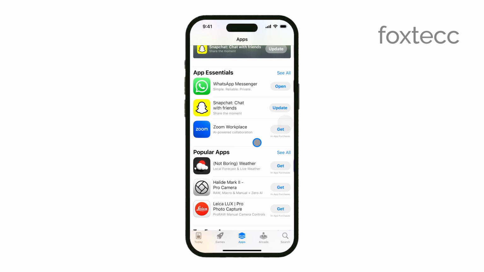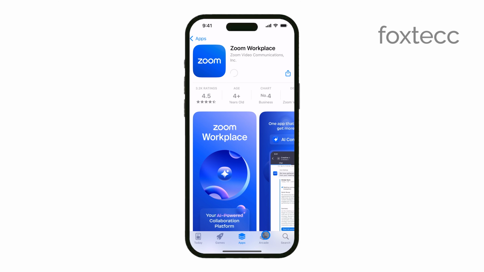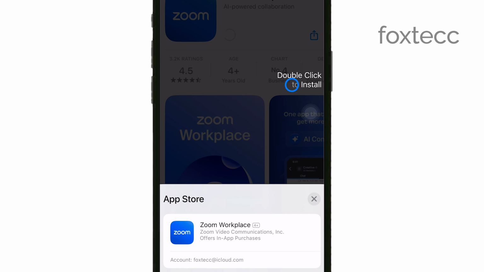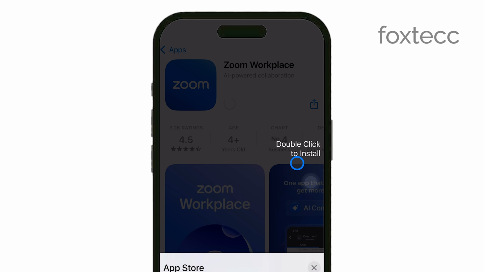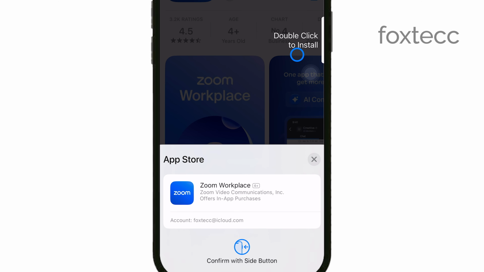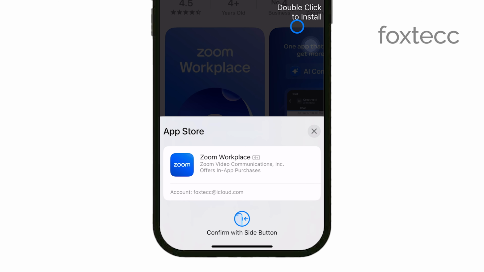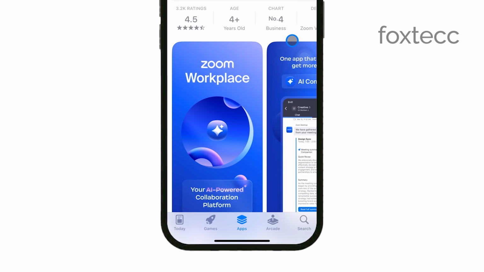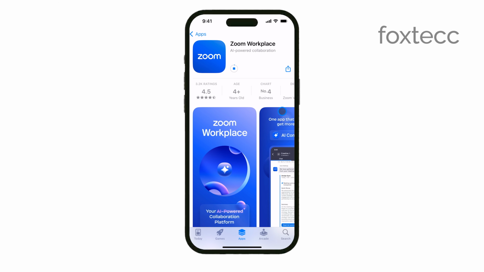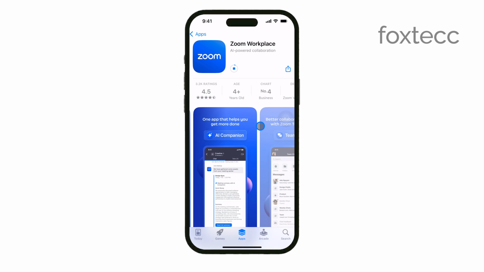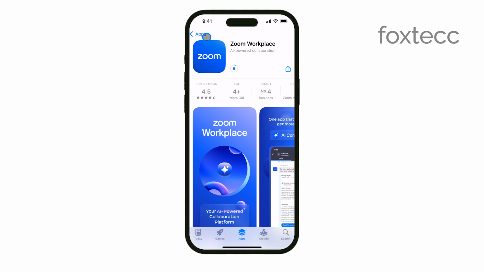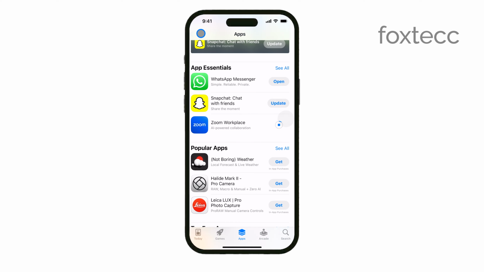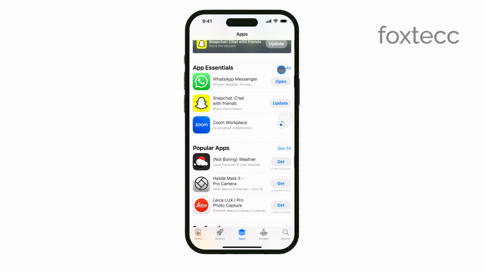Whenever you download or purchase an app, you're required to double-click the side button to confirm your intent. This extra step might seem a bit inconvenient at times, but it plays an important role. This feature is designed to prevent accidental purchases or installs. Without it, it would be much easier to accidentally download an app or make a purchase, especially if you're moving quickly or if your phone is in your pocket. The double-click essentially acts as a safeguard, making sure that you're absolutely certain before moving forward with the download or